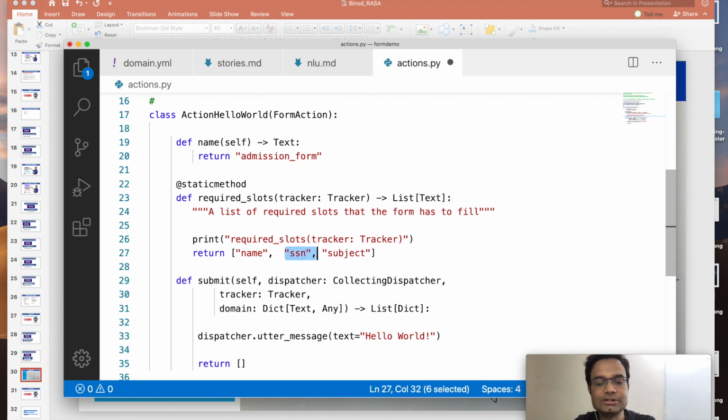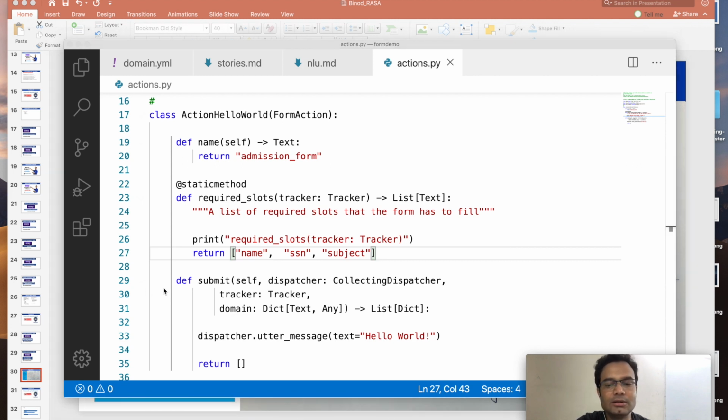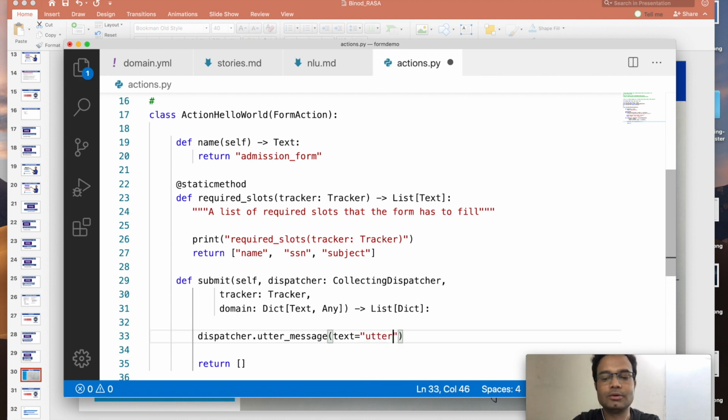So now this is the main thing, where you can control everything. That's why this required slots method is important. This is the main point. It will control all the entries of the form. Okay, once you are done, then what we will do here is make one utter submit, right? So here we will pass the same utter submit, and it will be the template because I am passing the dialog name template.